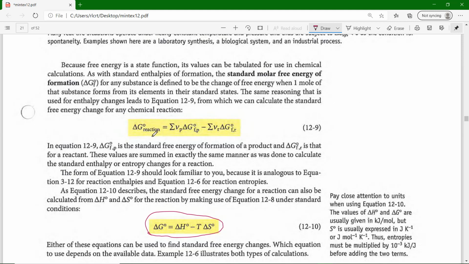We would have the delta G naught of the reaction is the sum. This is the gas mole coefficients. No, not necessarily gas mole. It's any kind of coefficients. It doesn't just have to be gas. Any coefficient on the product side times the delta G naught of formation of that product. Sum them up with all the other products minus the corresponding reactant data, and that gives you delta G naught